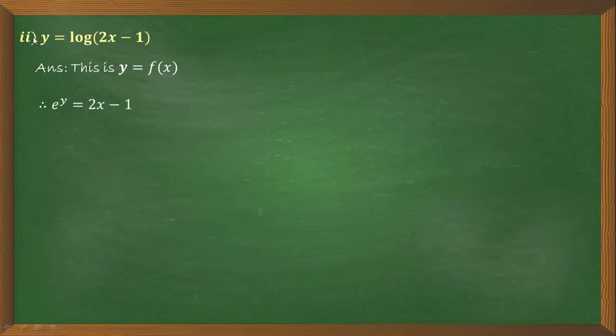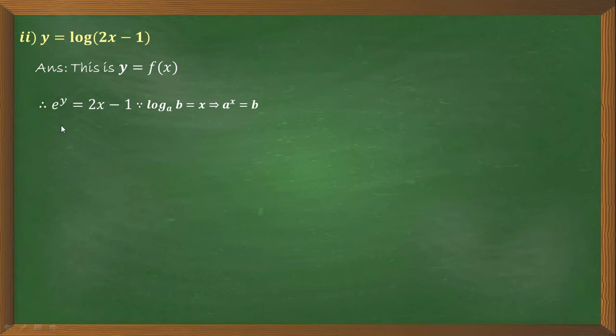For that we convert this logarithmic function to an exponential function. So we get e raised to y is equal to 2x minus 1. Because of this rule: if log of b to the base a is equal to x, that implies a raised to x is equal to b. See this relation, this is a logarithmic equation, you have to convert it into exponential form. Compare this with this rule and you will get the idea how we get e raised to y is equal to 2x minus 1.